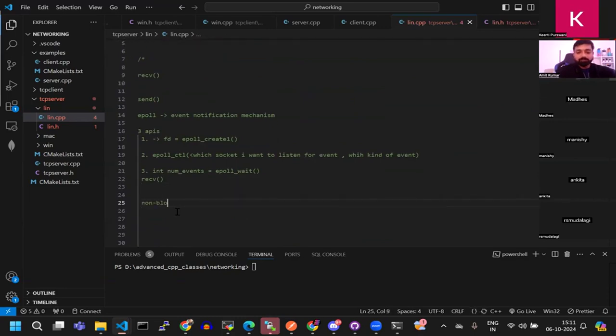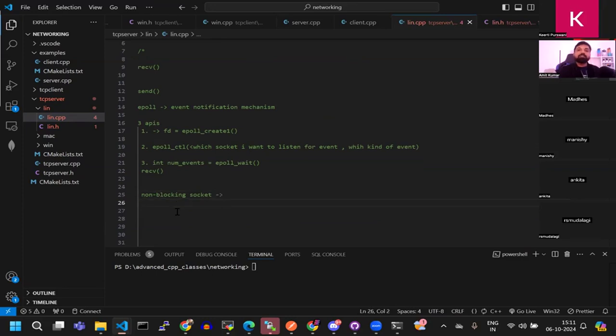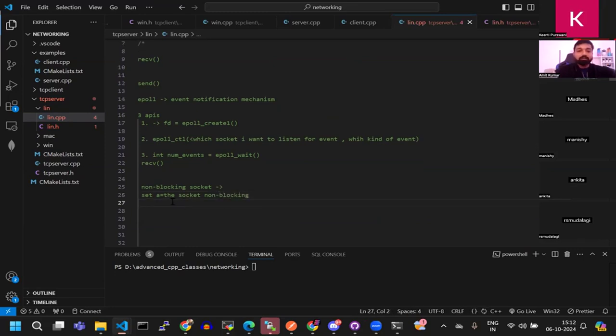Non-blocking socket, right? Whatever sockets we saw yesterday, receive and send, whatever you are creating with the socket, those were all blocking sockets. So whenever I was saying receive, I was saying if it doesn't get any data, it will keep on blocking. But the moment I set my socket as non-blocking, and I'll tell you how to make the socket non-blocking, what will happen is,